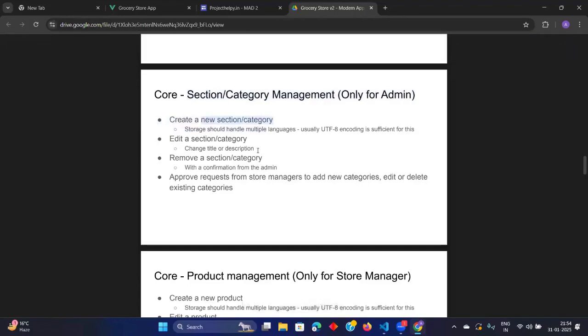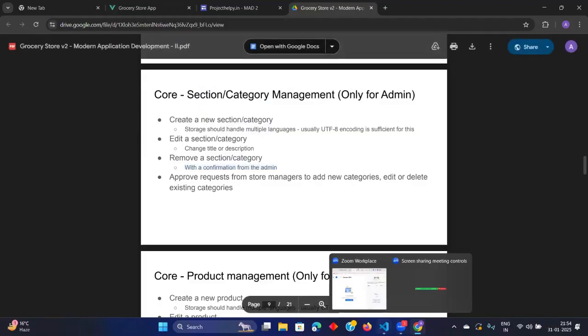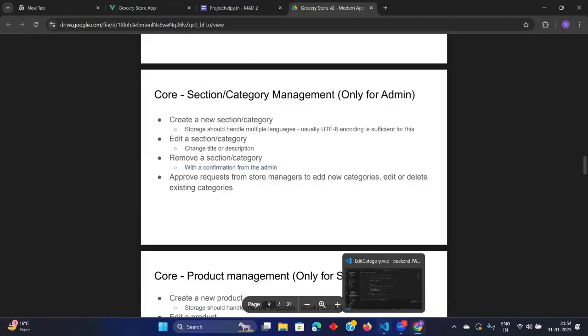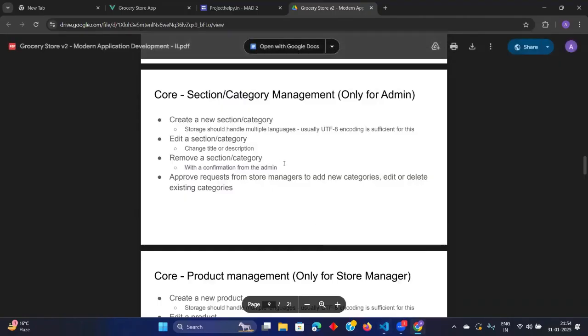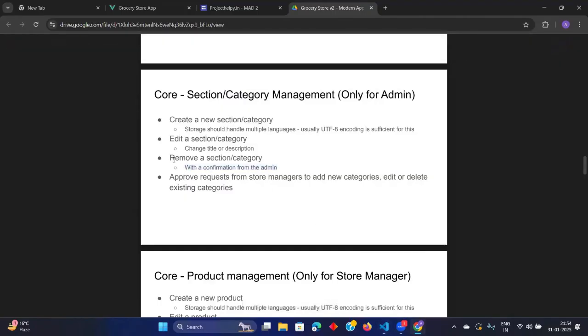We are creating a new section or category, editing it, and removing it, meaning deleting with a confirmation from the admin, which means the admin is deleting automatically. For this, what you can do is add a prompt, are you sure you want to delete this, and then delete. But this is not generally asked, you can just delete it, that is completely okay because the admin is itself deleting this.